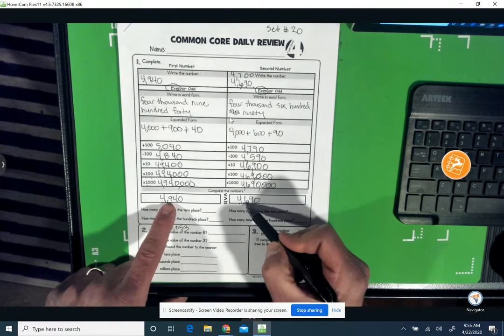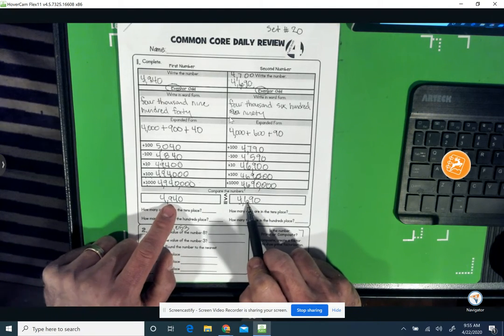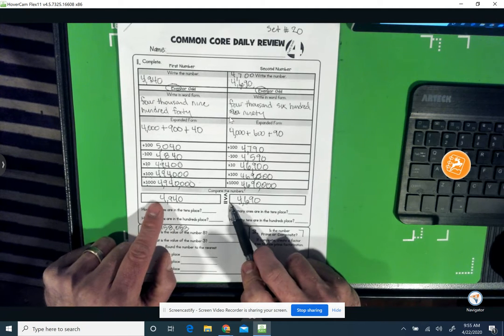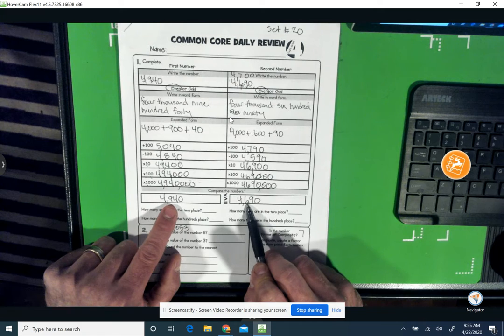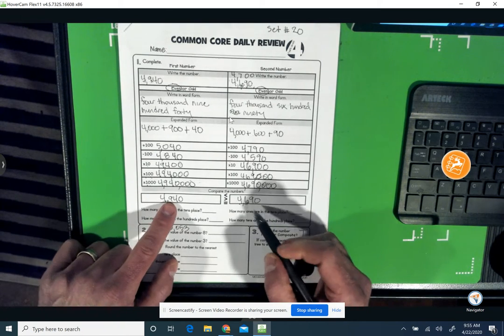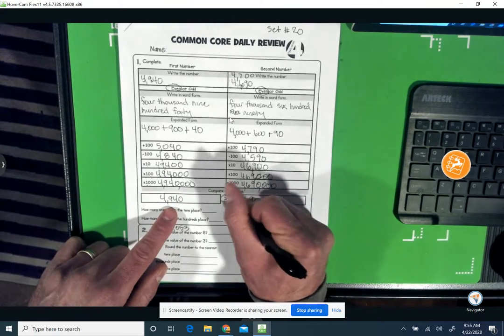These are 2 different digits, which means you can use the hundreds place value position for comparing these 2 numbers. It's the first place value position starting at the left and working your way right where the digits are different. So the 9 is larger than the 6, making the entire number 4,940 greater than